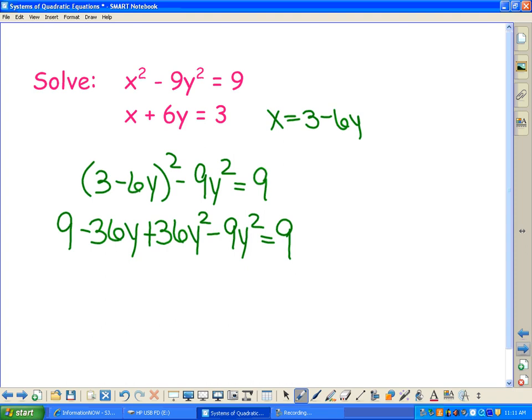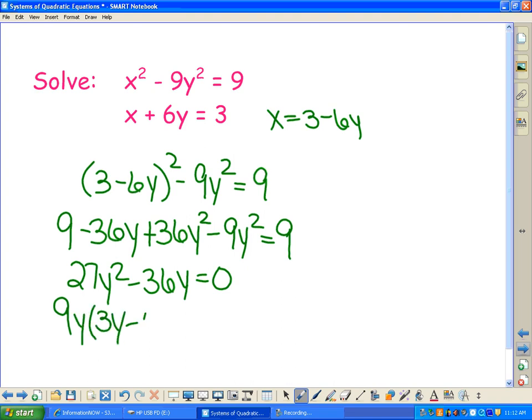And let's see, the 9s are going to cancel out, and 36y squared minus 9y squared is going to be 27y squared minus 36y is going to equal 0. Does that factor? It sure does. We can pull out a 9 and a y. So we get 3y minus 4 is equal to 0. Therefore, y could equal 0 or